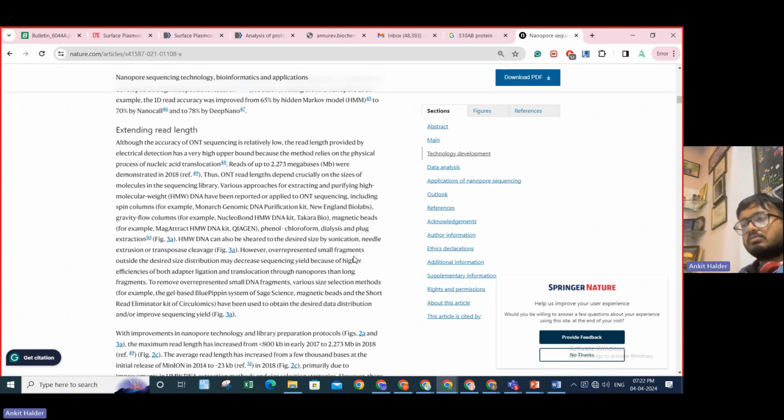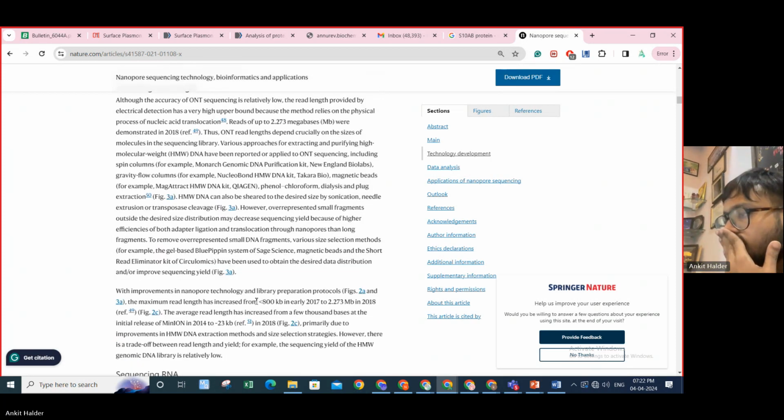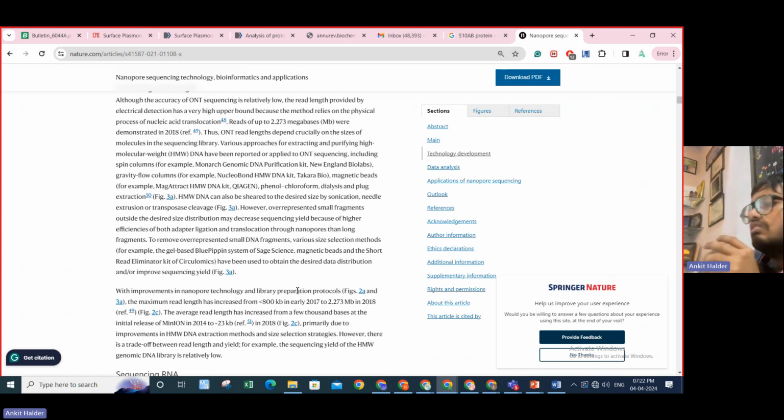So that it is an improved sequencing yield. 2.273 megabases will yield a few thousand bases. So the primary improvements are in each extraction method and size. However, there is a trade-off between length and yield. Sequencing yield of the